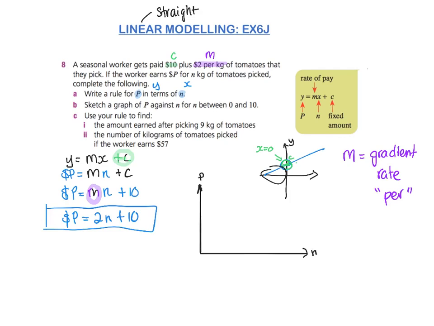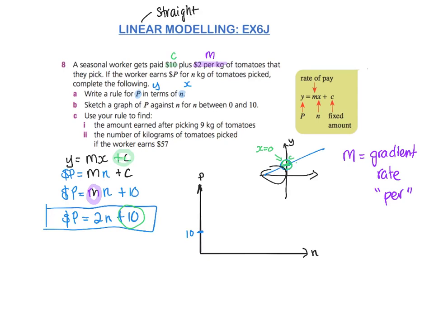No. And can we have a negative price? No, not really. So we're going to start there. Now let's sketch it. First we might do the y-intercept. We know that's when n is 0, and put 10. Because we need another